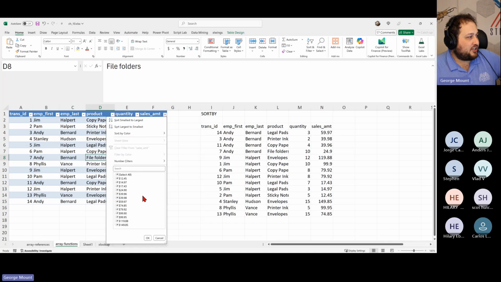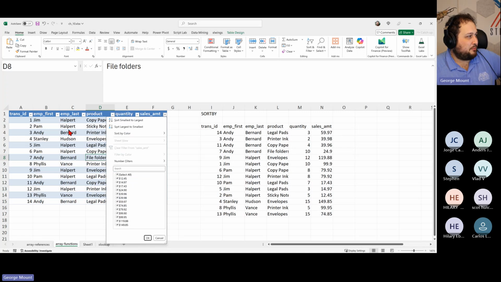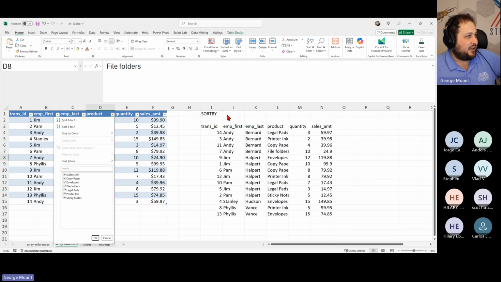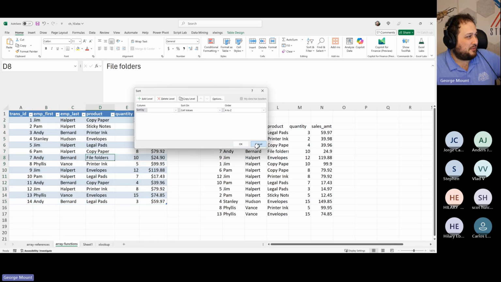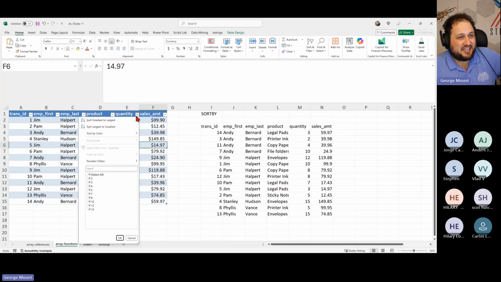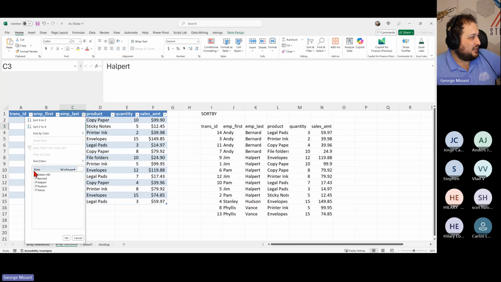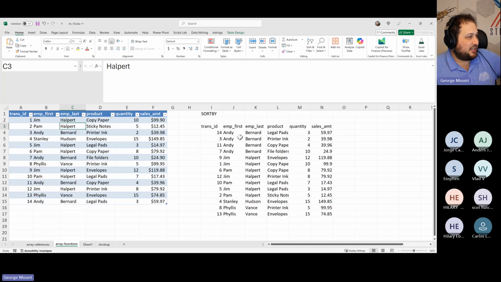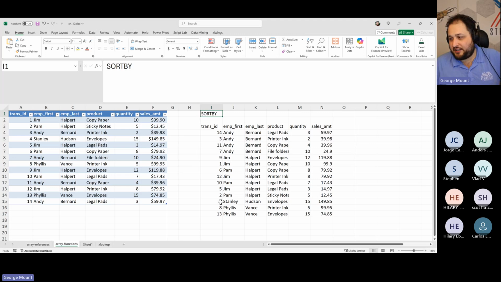Okay, filtering, I think I actually used custom sort. I meant to show you, you could use these filter buttons, right, to filter your data. Custom sort sorts the data, obviously. So my bad on that one, but they kind of work together, right? If you're sorting, you're often filtering and vice versa. So, right, you could use these to filter your data. I find sort and filter functions honestly a little bit easier to use once you get into the habit of it. So that is the sort